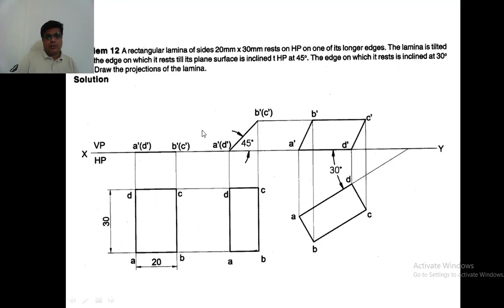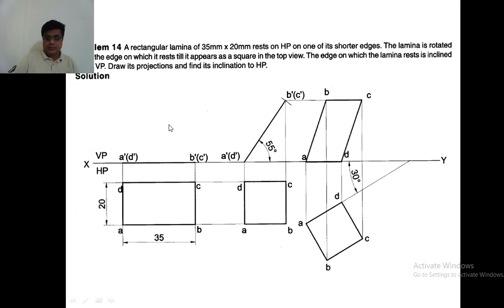Similarly, the problem will be the same; this is the case of a rectangle now. In case of a rectangular lamina, it will have two longer sides and two shorter sides. So just read the problem correctly and accordingly draw the front view and top view. The statement will be the same. Some conditions you have to satisfy. So read the problem correctly and try to satisfy the given conditions.